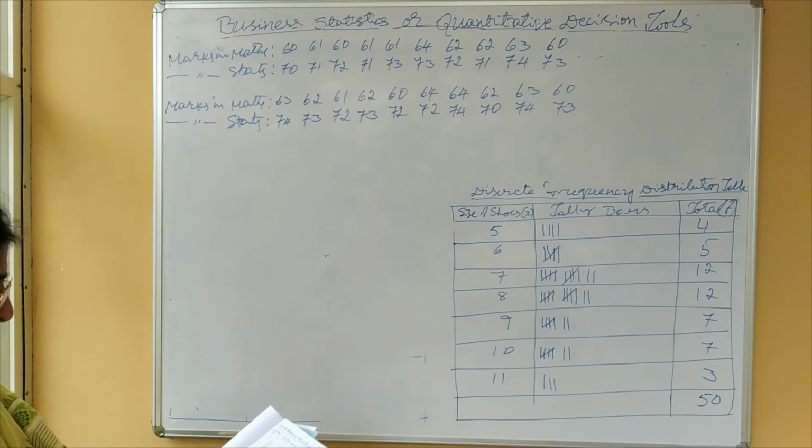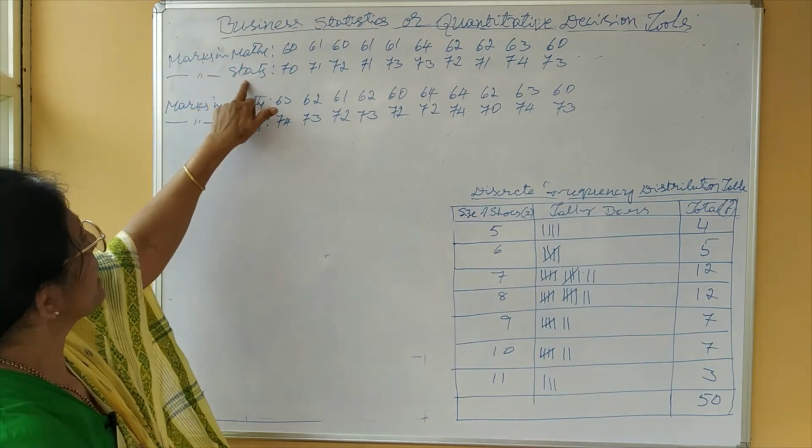Means these are the marks scored by 20 students in two subjects, that is mathematics and